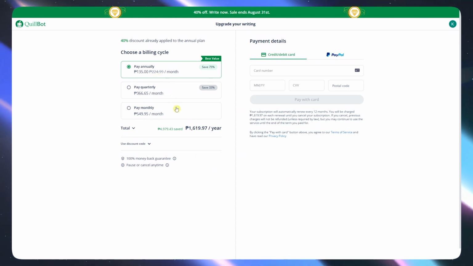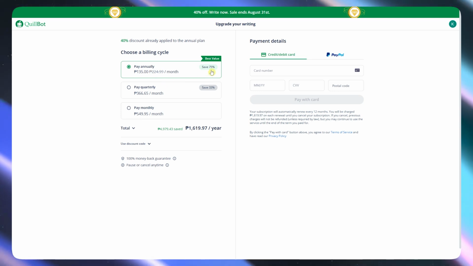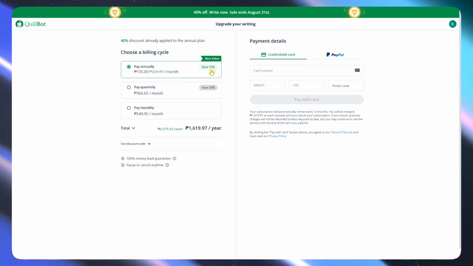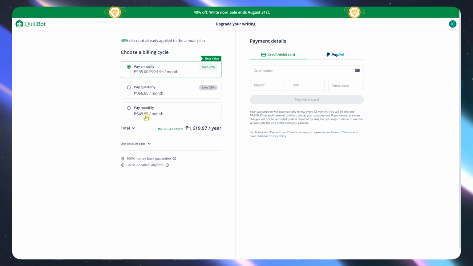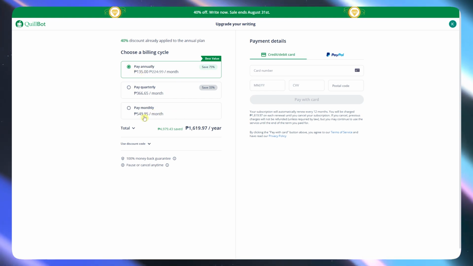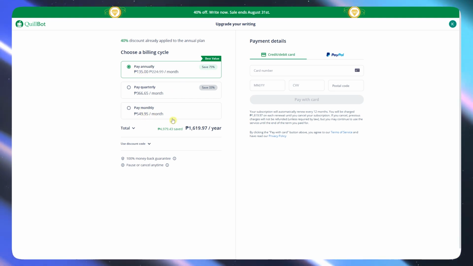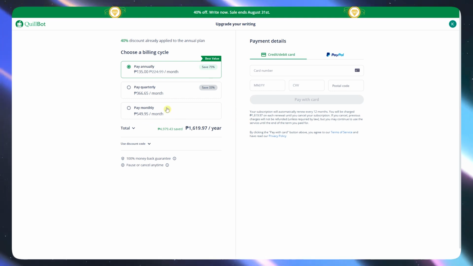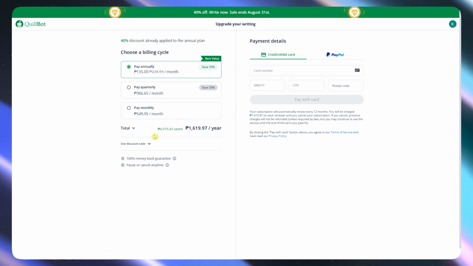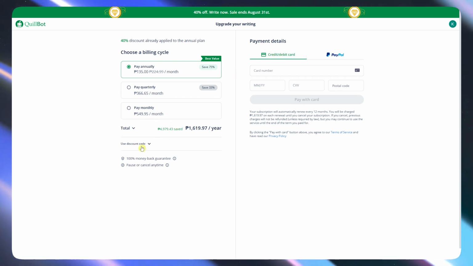So if you want to save as much as possible, go for annual, as this would make you save 75% off the total price instead of going for monthly. As you can see, there is a massive jump in pricing. So this would be like just $3 or $2, and this one is like $13 per month if you convert that into USD. And next, you would want to go here into the discount code right here if